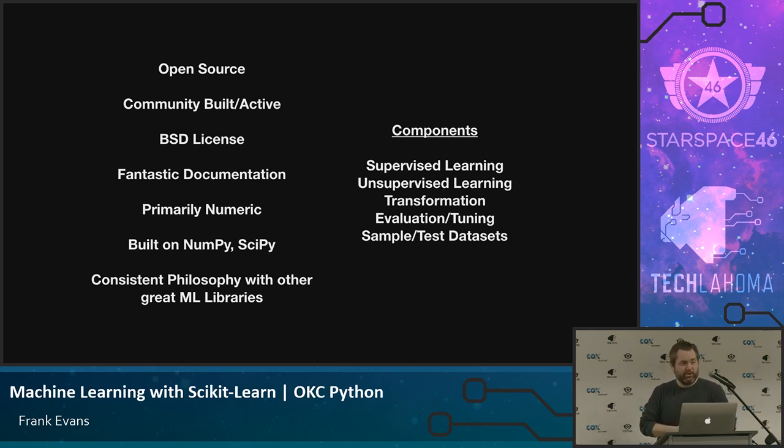It's primarily numeric. When I say it's primarily numeric, it's about solving numeric machine learning problems, kind of like the ones I just talked to you about. Things like regression, so trying to figure out in some sort of continuous space what a value will be, trying to categorize things into buckets or categories, but primarily based on numeric data.